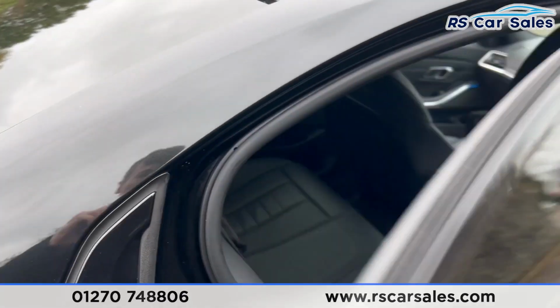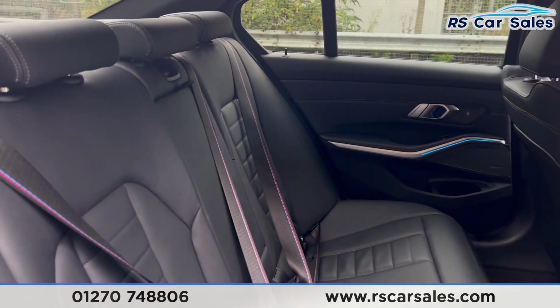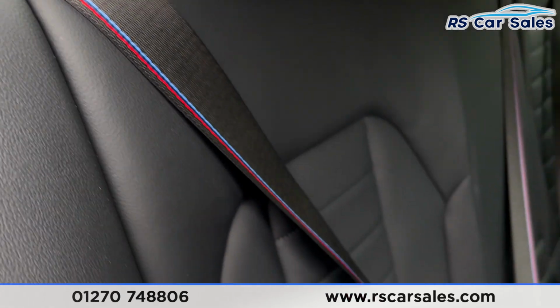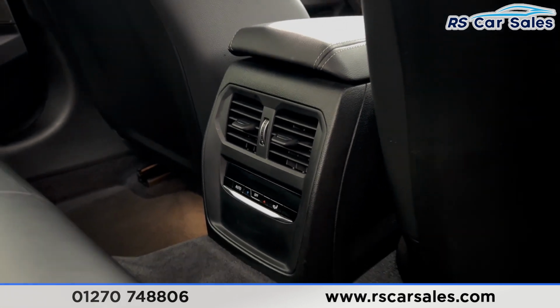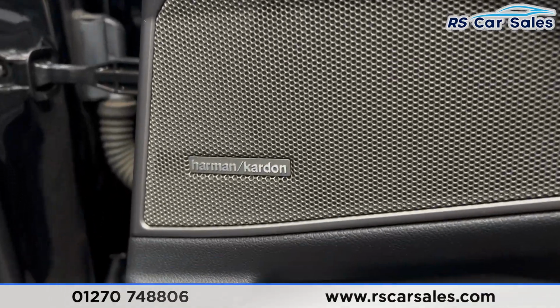we have the full black leather interior. You may have noticed just there the ambient lighting on the doors. We have the foldable armrest in the centre, fixed ISO points. We have the M Performance style seat belts just there. Separate climate control for the rear passengers as well just down there. Along with the vents, we have the electric windows on the doors, again the ambient lighting, premium Harman Kardon sound